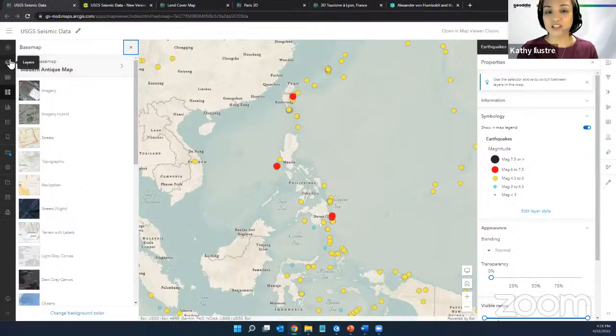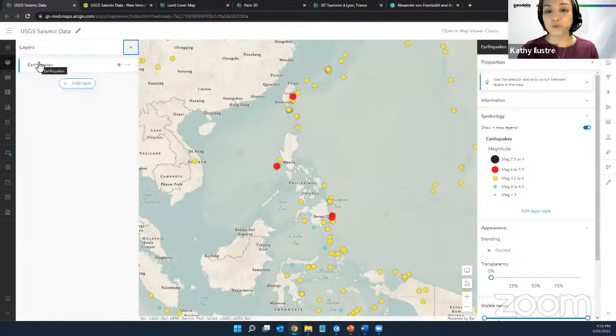And the operational layer shows earthquakes data from the United States Geological Survey. This map shows the location and the magnitude of recent earthquakes. The size and color of the points representing the earthquakes depend on the measured magnitude. Now, looking at the map,